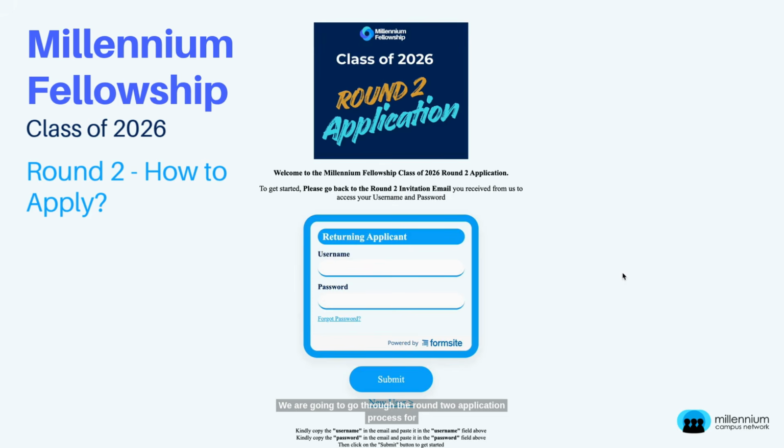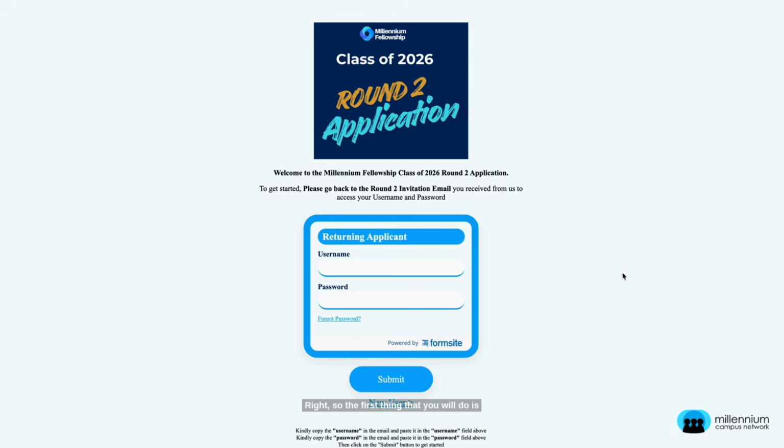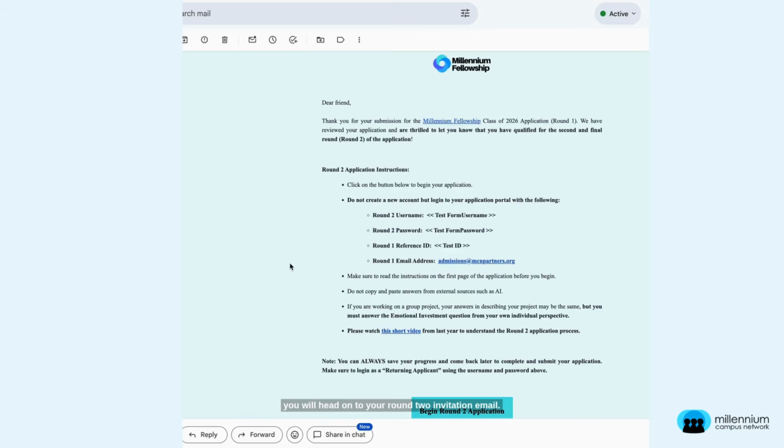We are going to go through the round two application process for applying to the Millennium Fellowship. The first thing that you will do is head on to your round two invitation email. It will look something like this, and this email has your username, your password, your round one reference ID, which you will need in order to start your round two application, and also your round one email